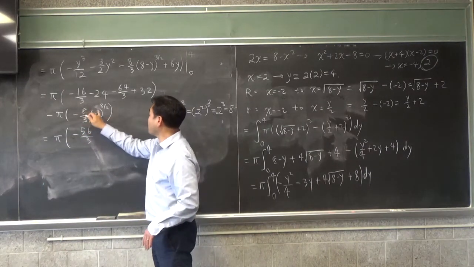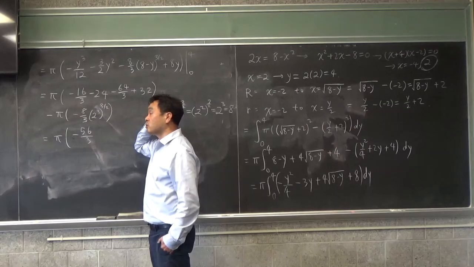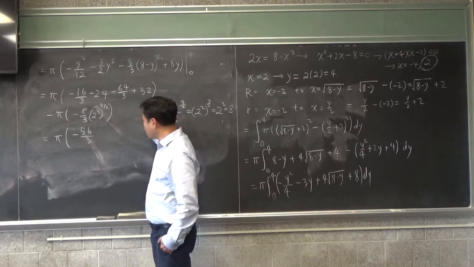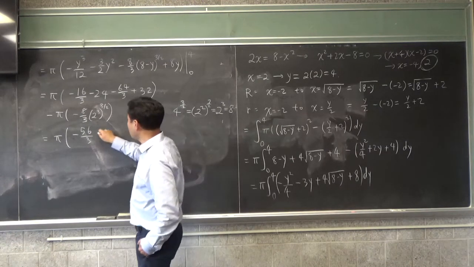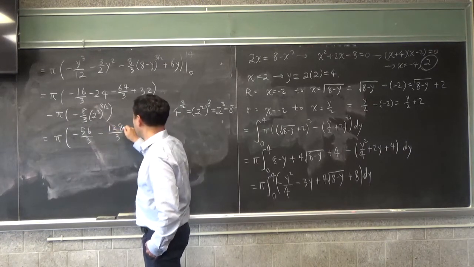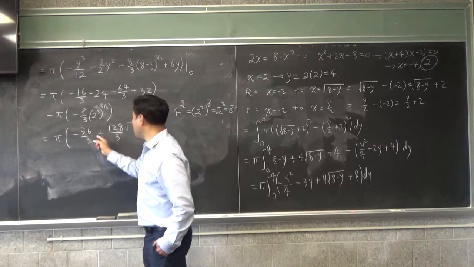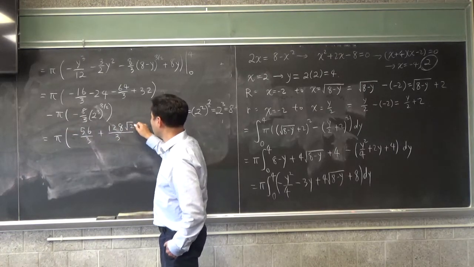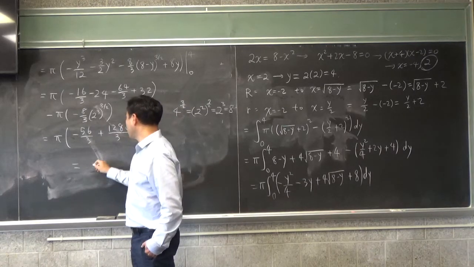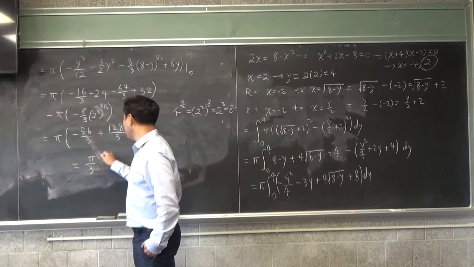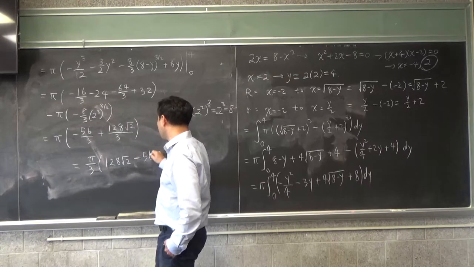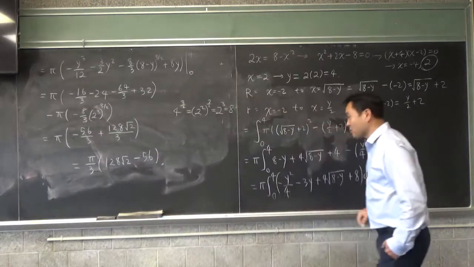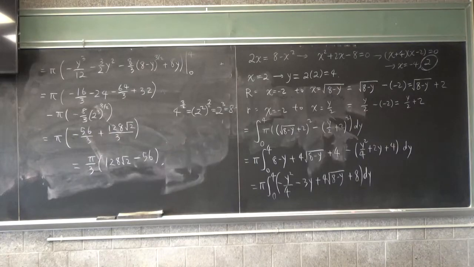And this is 2 to the third power, 9 over 2 is 4.5, 2 to the 16 times 8. So it'll be 128 over 3, oh, plus. Minus is plus. So that's what you get, and therefore the final answer is pi over 3 times 128 radical 2 minus 56. Phew, that was harder than I thought. And we're gonna